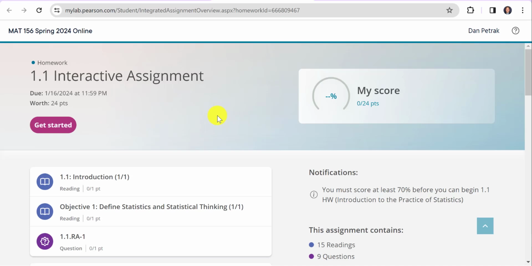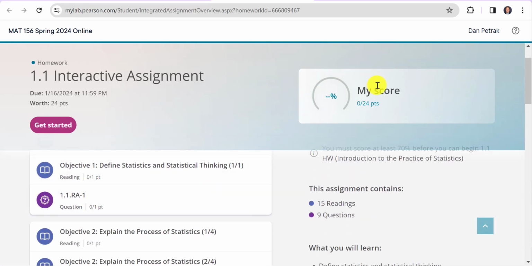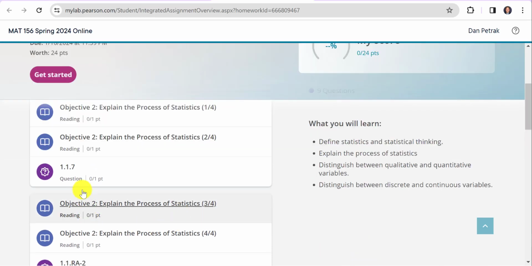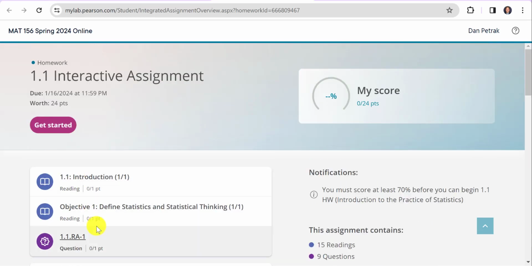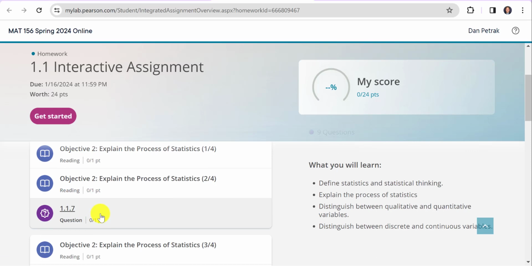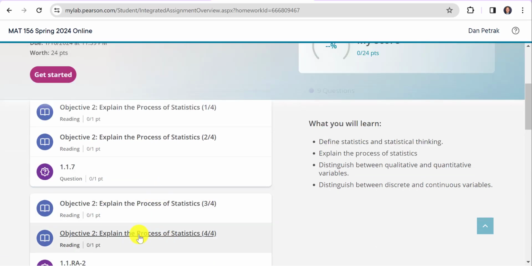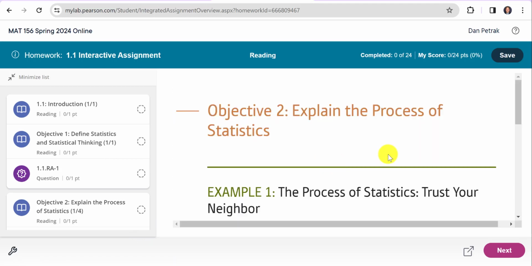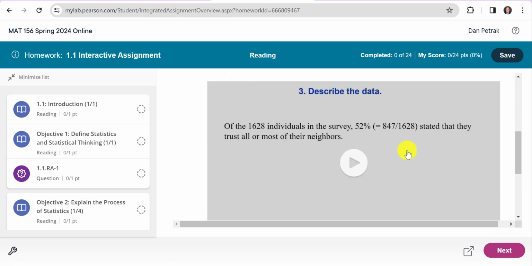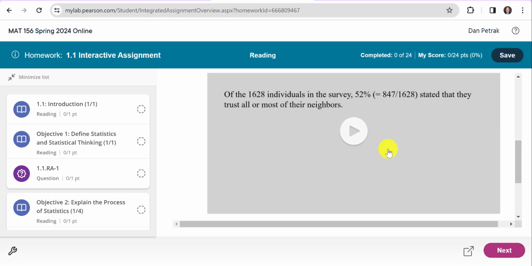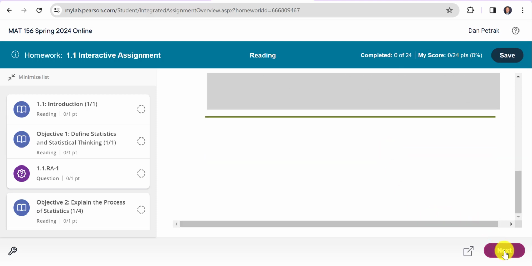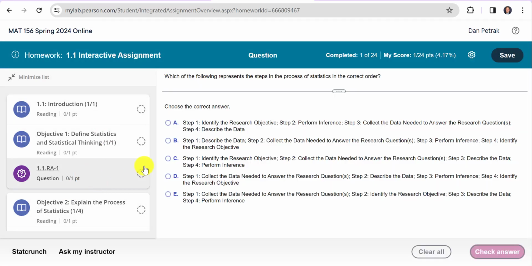So there are lots of really helpful things here. As you go through, it'll keep adding the points up and show your percentage up here. Usually you just go straight down the path. Sometimes when you go into something, like this objective 2 here, you'll notice you have to scroll down sometimes. There'll be a little video here for you to watch, and then you hit the next button. It'll automatically take you to the next item, which has a little check for understanding.